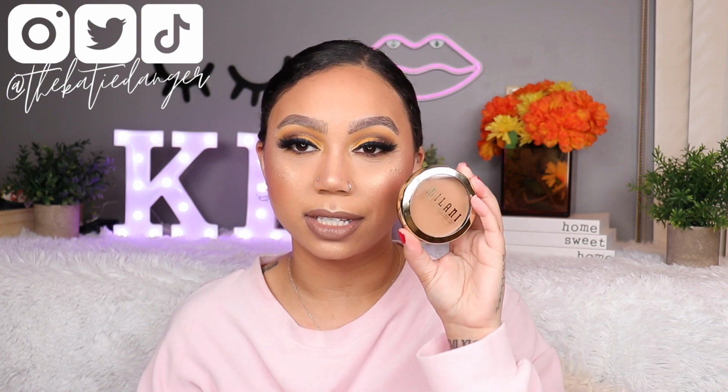Hey guys, welcome back. So we are doing another first impressions on a foundation, and this is another cream foundation. This is the Milani Cream to Powder Foundation. This is what it looks like right here. I found this on Instagram because a lot of people were saying that this is a dupe for the KVD